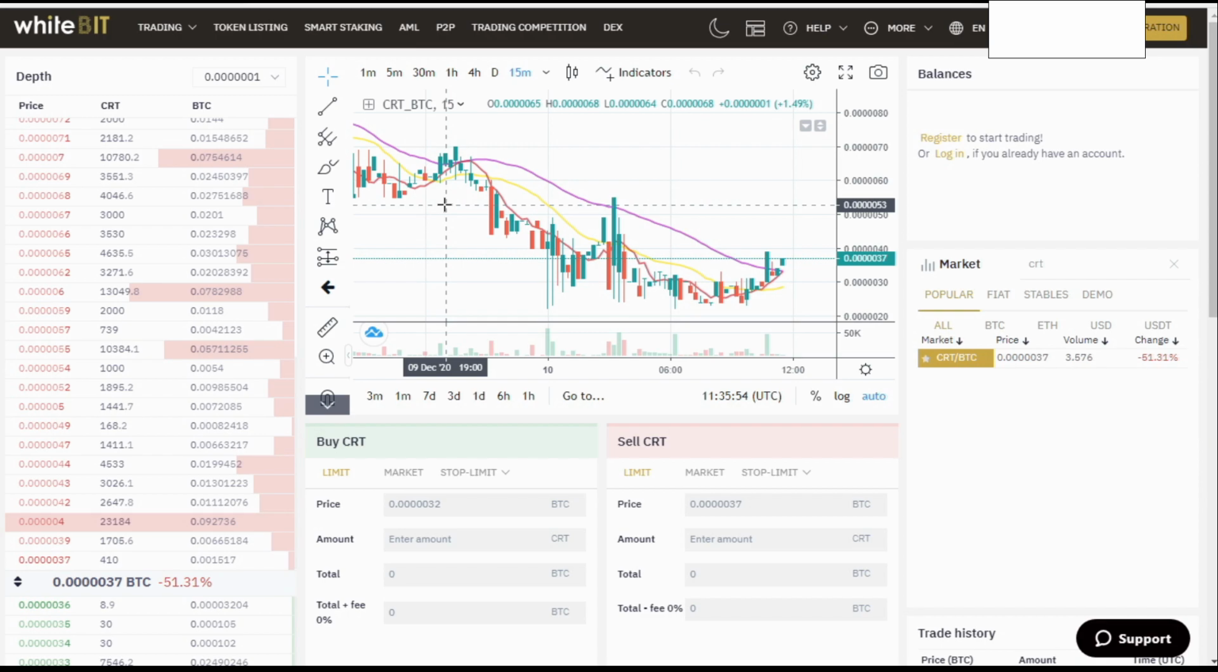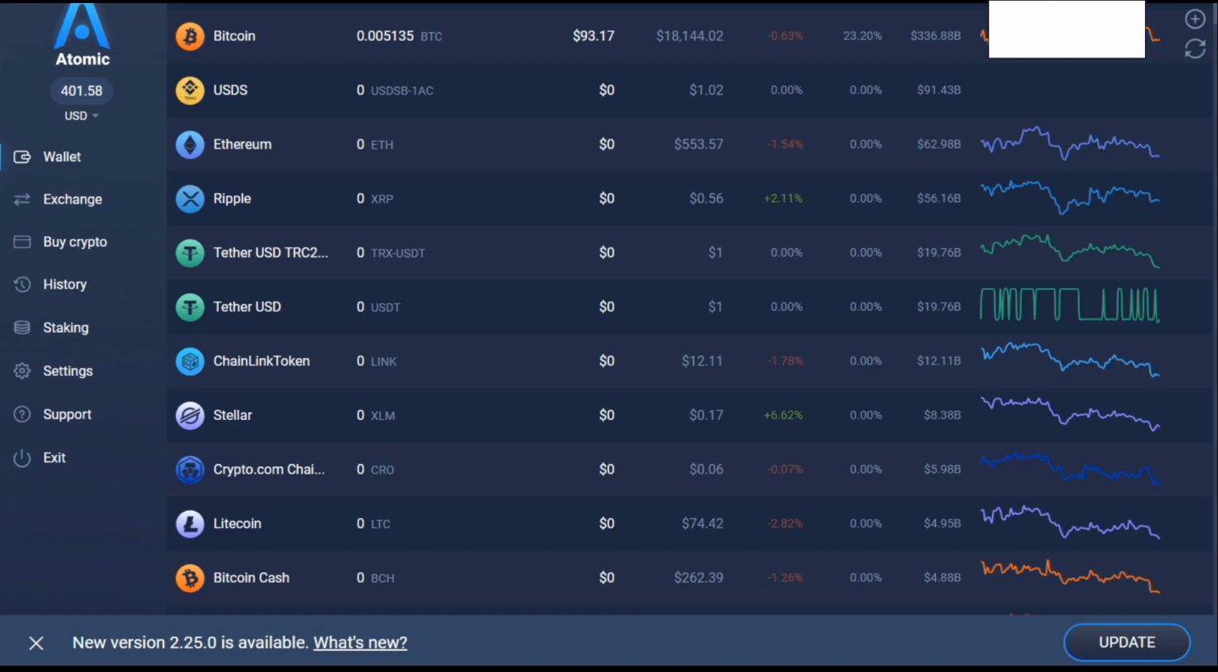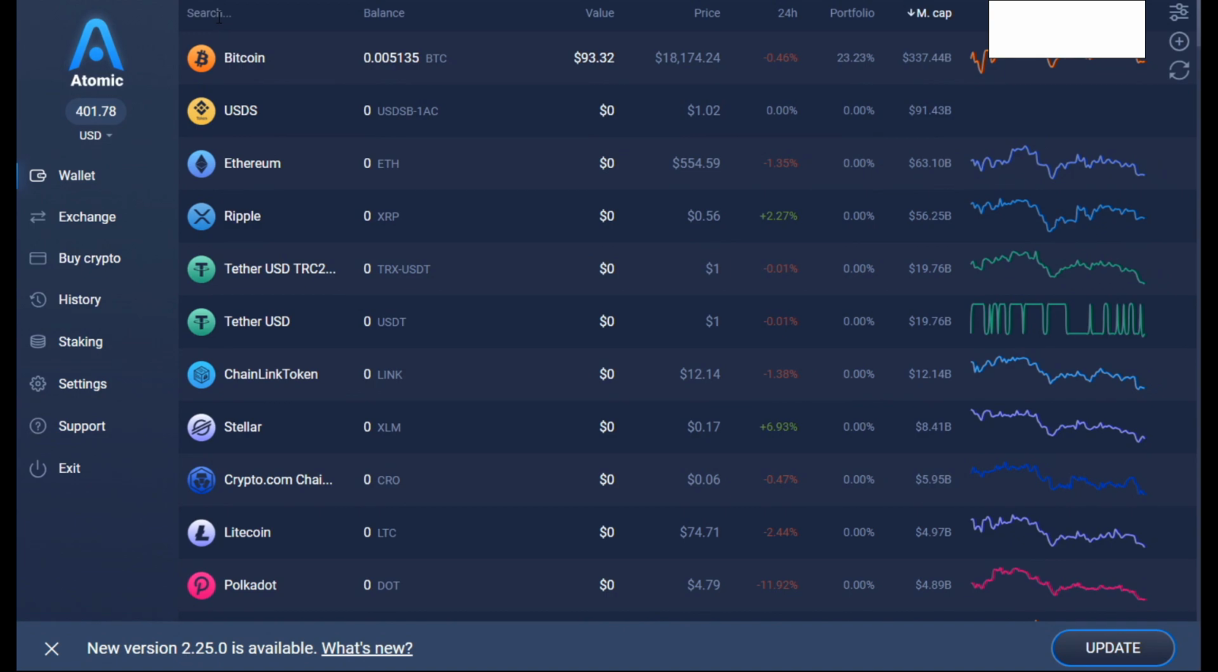Okay, so for those members that are unable to use Whitebit, we do have Uniswap, which is a decentralized exchange. We also have Atomic Wallet. Now, Atomic Wallet at the moment is a bit of a quandary. If we go into Atomic Wallet and use their search, if I can just scroll up a bit, use their search, type in CRT,